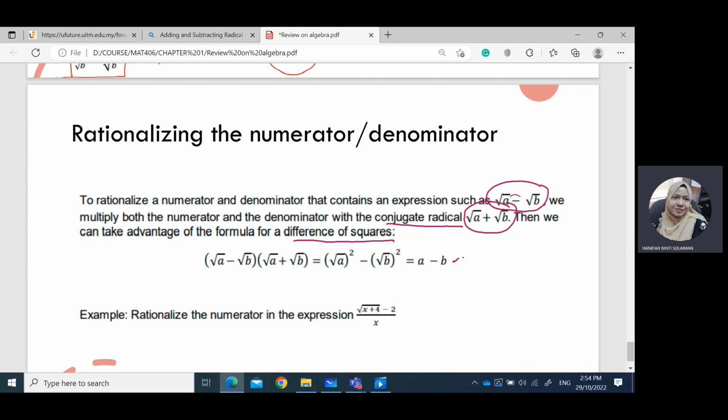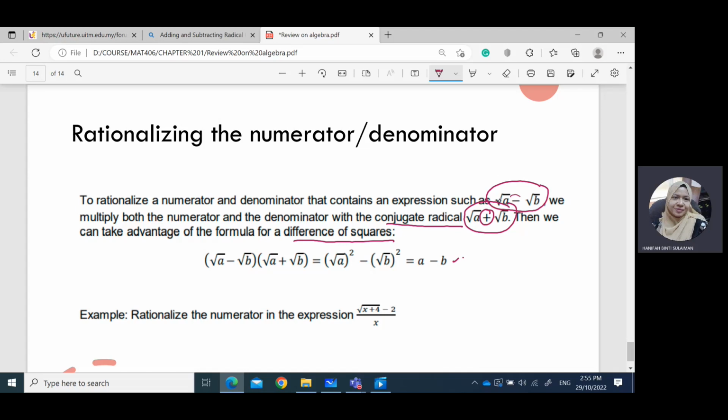Alright, so untuk topik yang ini, rationalize a numerator and denominator, it means that we need to rationalize for the numerator and denominator. Maknanya dekat sini kita nak hilangkan square root bagi numerator and denominator dengan kaedah mendarab conjugate radical. Okay, so maksud conjugate radical ni adalah kita mendarab dengan nombor yang sama ataupun expression yang sama, tetapi kita menggunakan